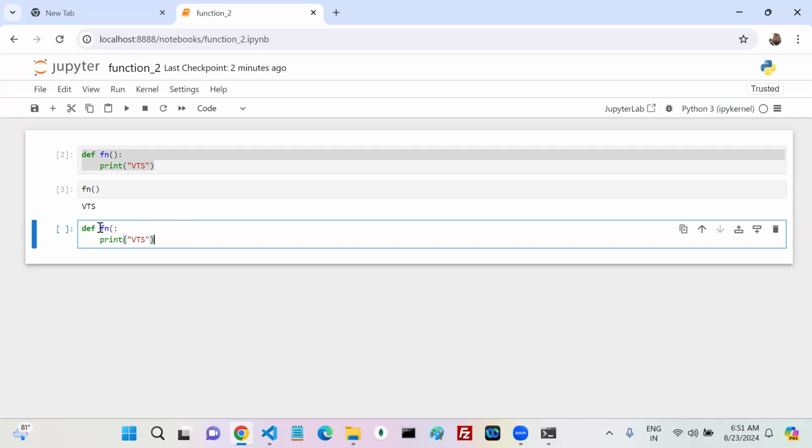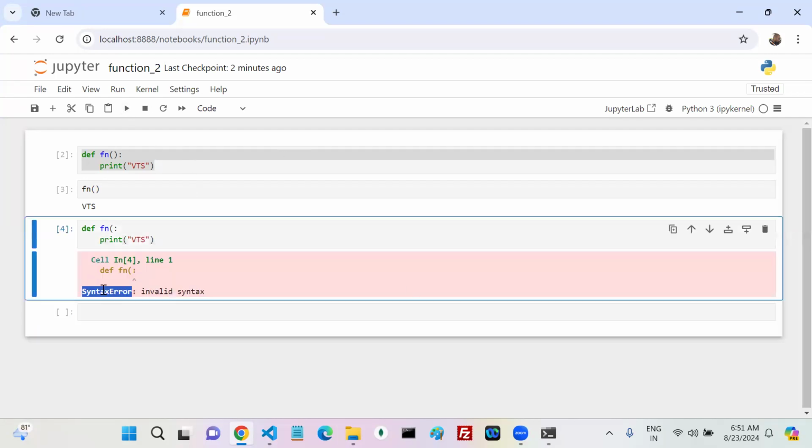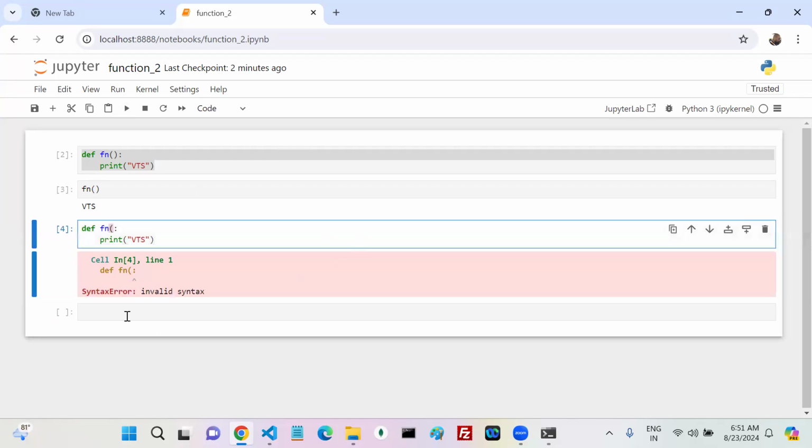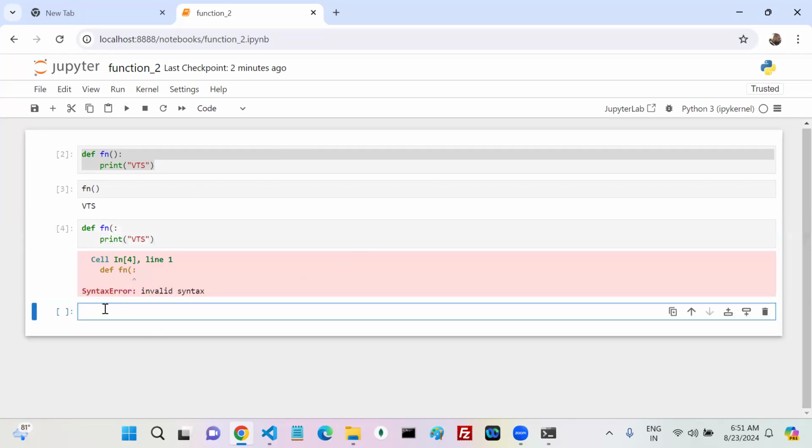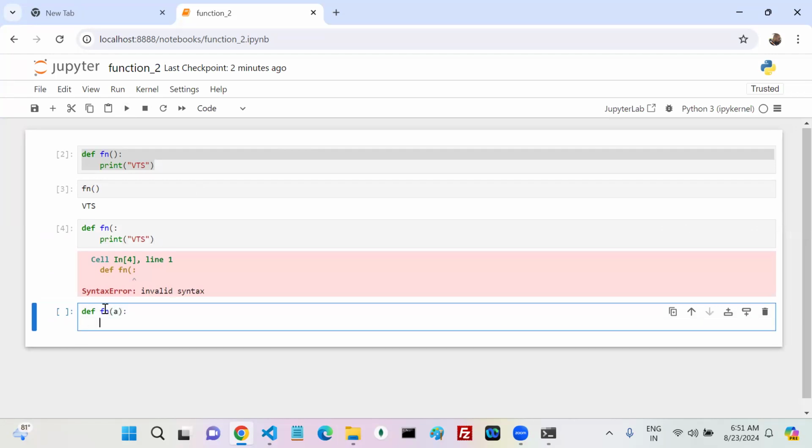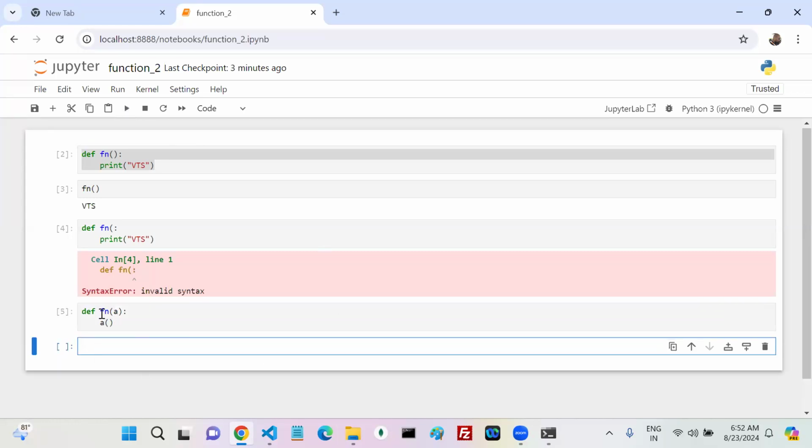Now, syntax error. It's a kind of what? Syntax error or not? Syntactically it's invalid, right? Okay, it gives me a syntax error. Now, does it give me an error if I run this block? Does it give me any error? No. Okay, it's normal only, right?